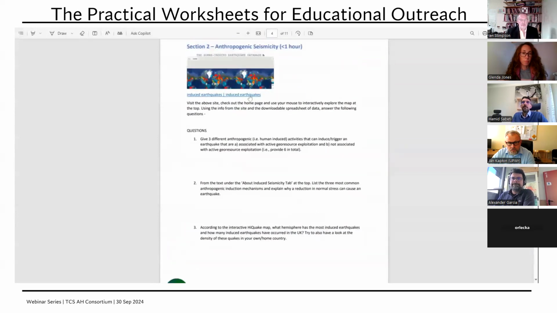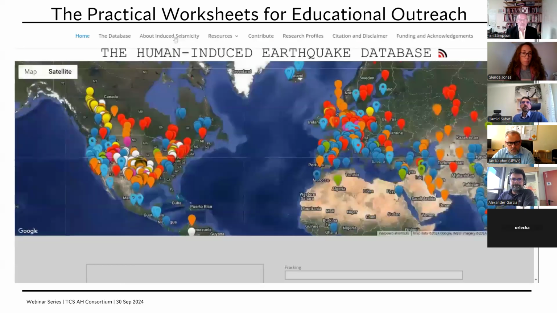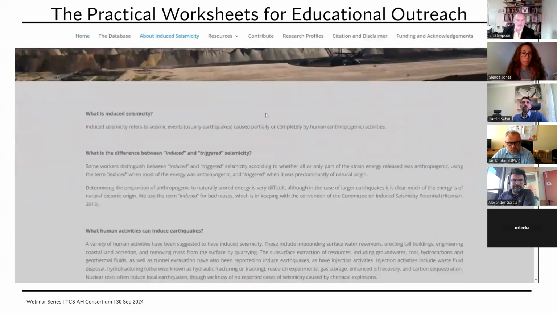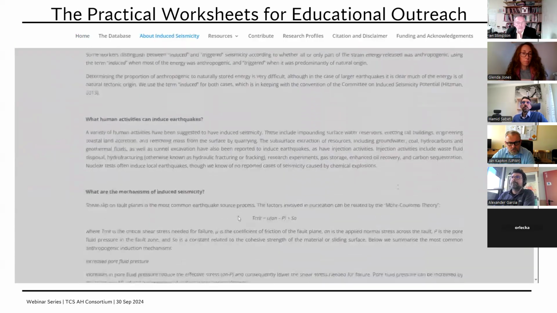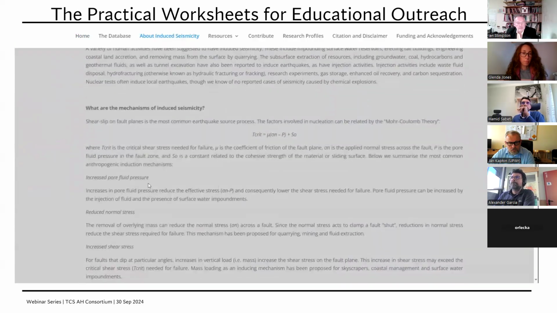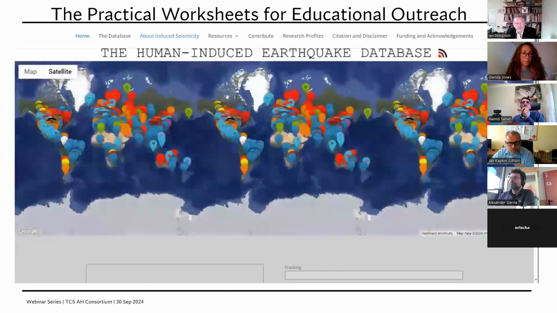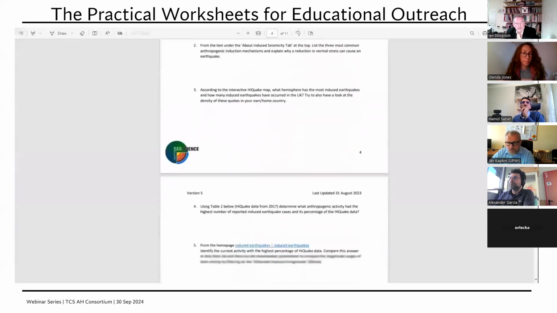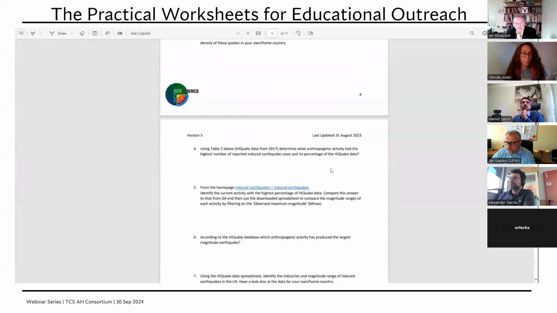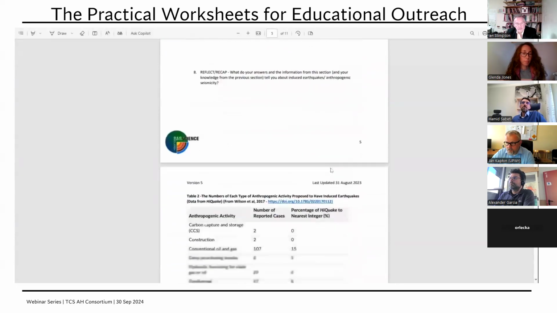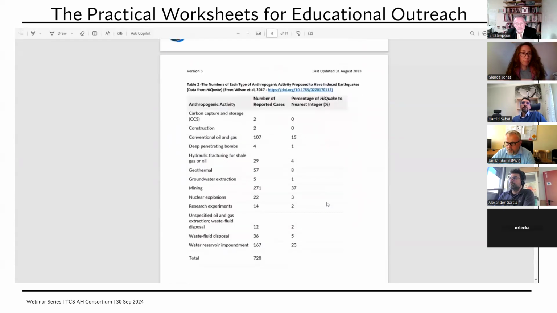So if we go back, we can see About Induced Seismicity here. There's some nice fundamental basics here around induced seismicity that the students should be reading and retrieving info from for answering the questions on the mechanisms. They are then asked to look at some of the previous data that had existed on the HiQuake database in 2017 and presented in this